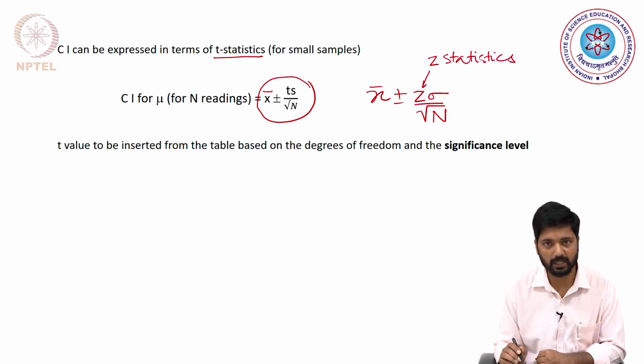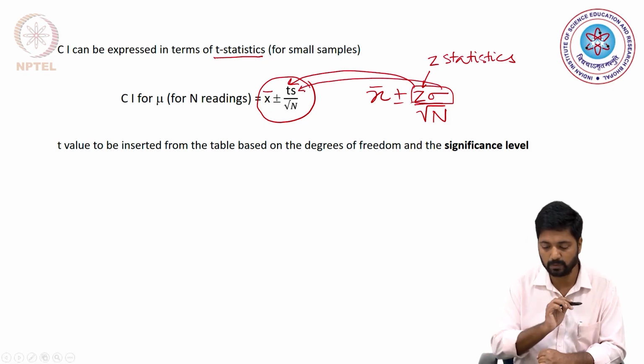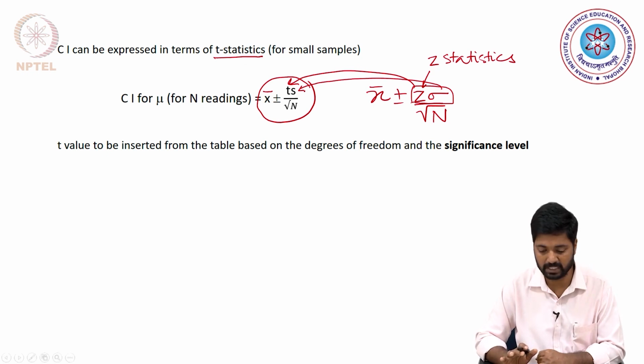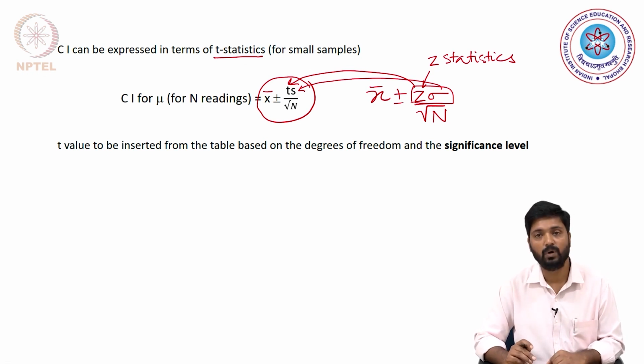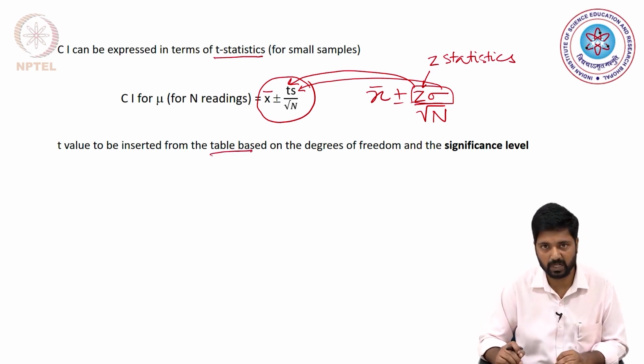And when we are dealing with the t statistics, this equation only changes the top part: z is changed to t, and the sigma is converted to s, and the equation essentially remains the same. Now the t value can be inserted from a table which is widely available in a variety of textbooks, and